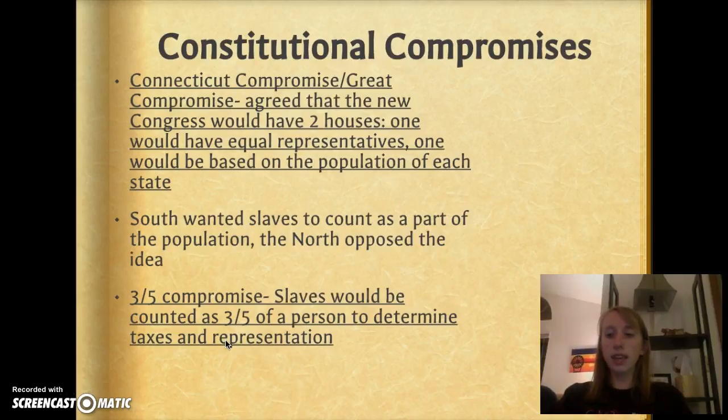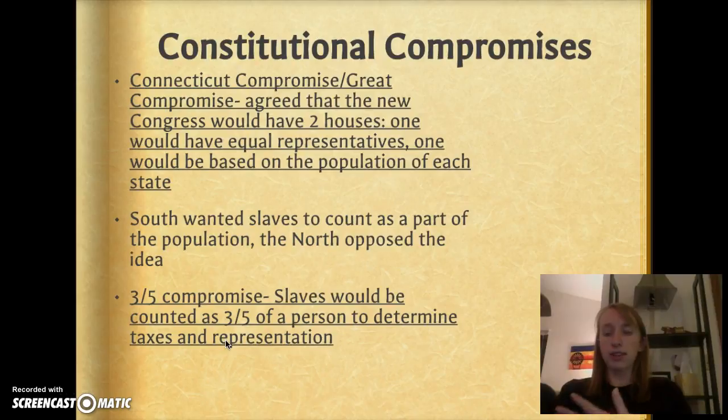So we hit the second problem here, is that the South steps up and says, great, we are planning on counting our slaves as population, and therefore they will have representation in the House of Representatives. Well, obviously the North steps up and says, oh, no, no, no, no. It is under our understanding that you consider slaves property, not people. And so you can't go ahead and just count these people if you're not actually treating them as people in